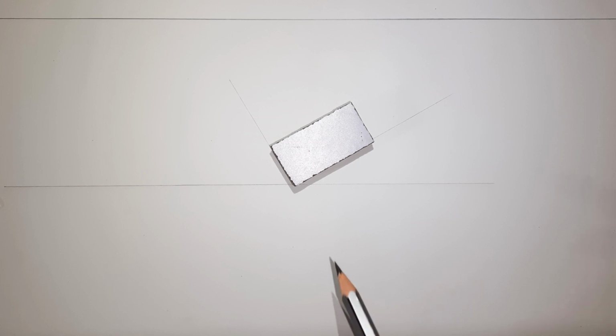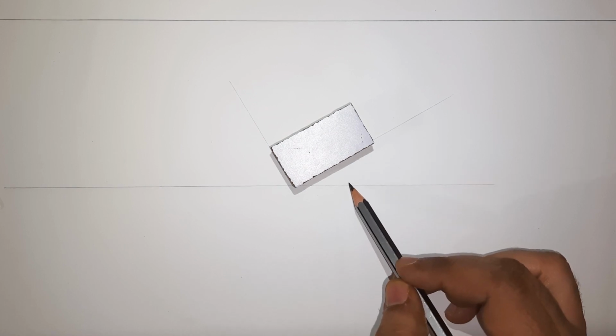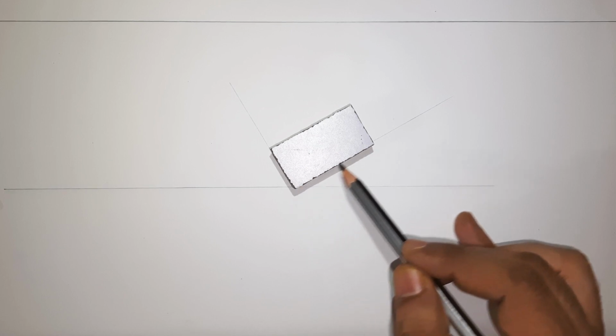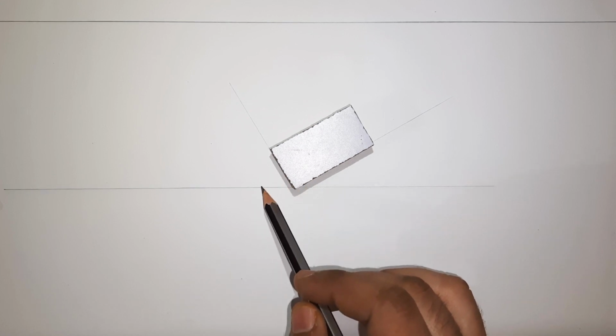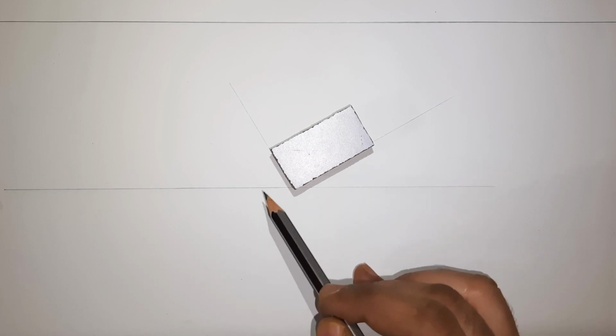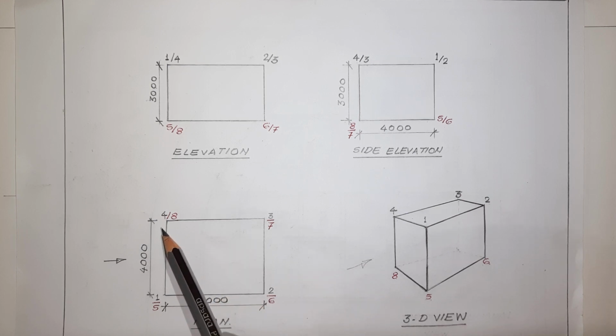Thus here, when that box is kept, this length of that box will make a 30 degree angle with the picture plane. The next edge or face of this rectangular box will be perpendicular to this particular edge. Hence this angle is going to be 90 degrees. Therefore the remaining angle will be 60 degrees. Let us show the length and width of this box on this drawing. As per the drawing, the length of the box is 5000 millimeter and the width of the box is 4000 millimeter. So converting this to the scale of 1:100, we will be drawing this box.